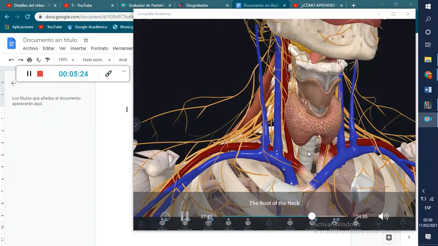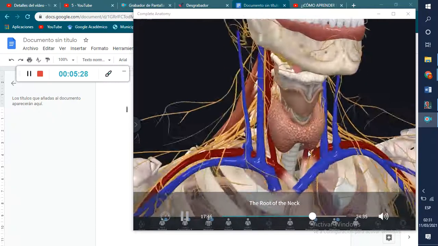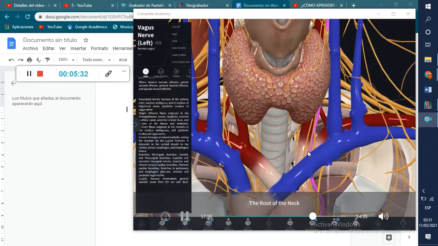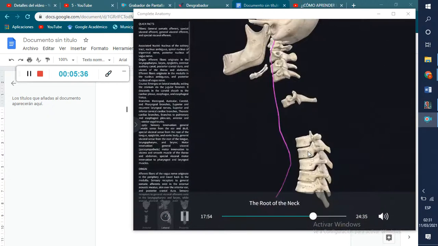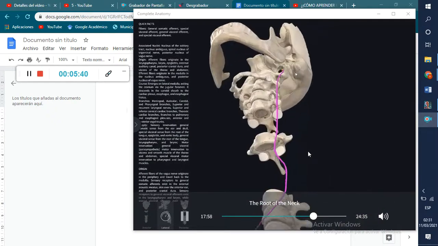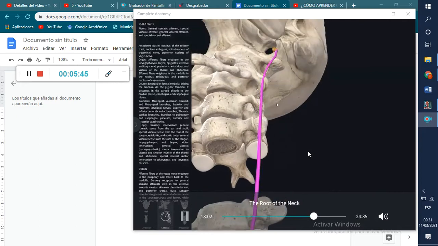We have first the pairs of the vagus nerves, right? The vagus nerves run pretty much medially down the root of the neck. Here's actually the left vagus nerve. I can isolate that for us just for a second here. Here's the left vagus nerve. Okay, you see it actually exits through this hole in the skull. If you've already seen the corresponding video, you will know that it'll exit out of the jugular foramen, and then